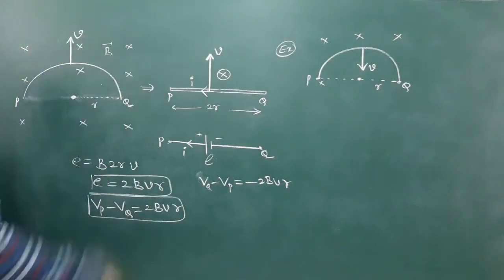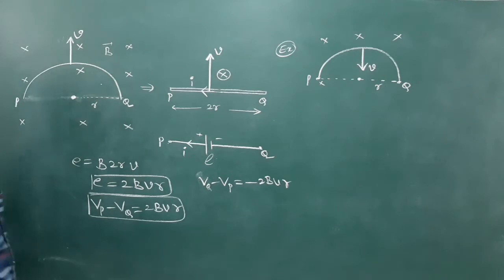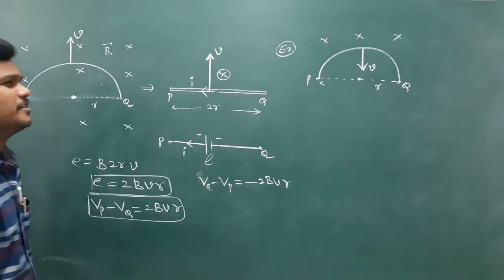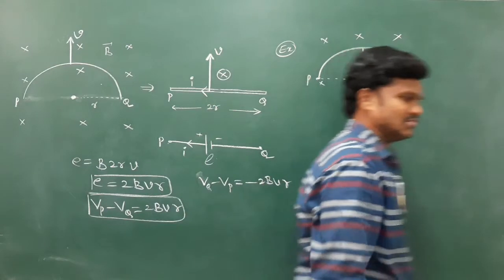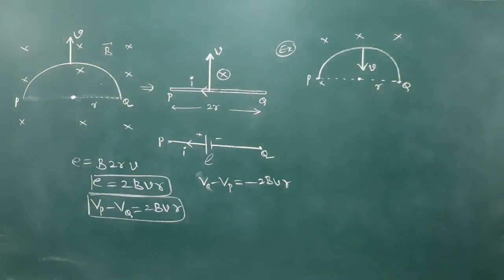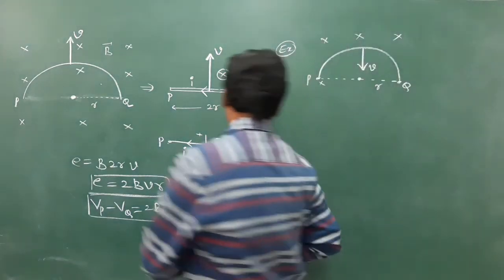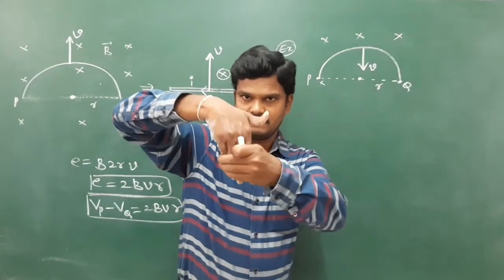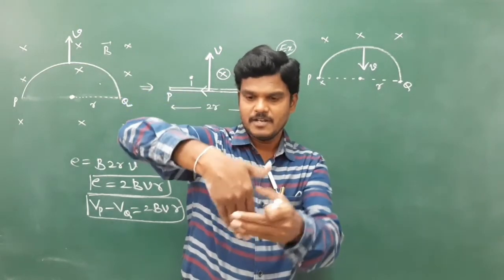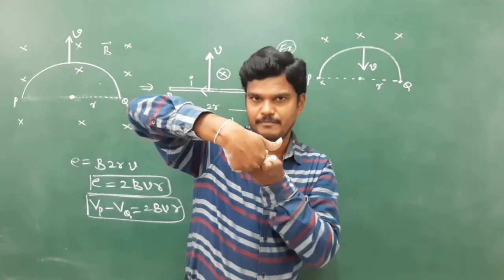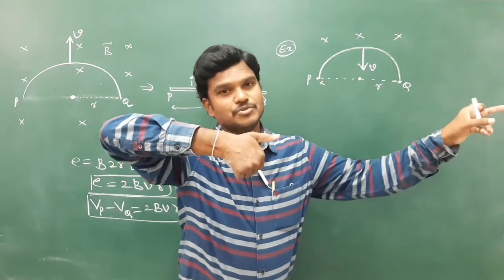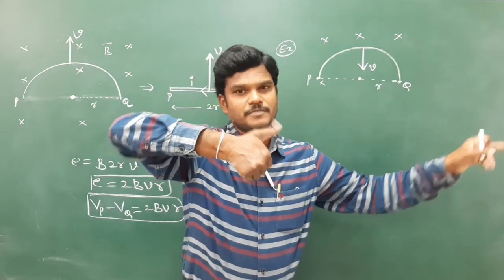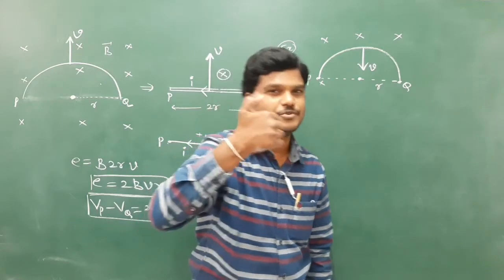It was moving up, now moving down. Otherwise, you can take an outward magnetic field if possible. Okay, they may give anything. Easy questions these are. Yeah, this is moving down. So use V cross B. This is V. These fingers V cross B. I am using V and B. B is into the board, and see, the thumb shows the direction of induced current.